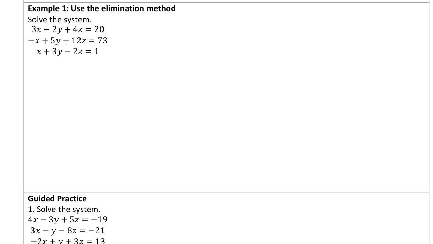So when I look at this system, I'm going to look at which variable is easiest to eliminate. And what I immediately go to is that x is easiest to eliminate. Because if I number these, think of this as equation 1, equation 2, and then equation 3. So I would take equations 2 and 3 and just add them together to eliminate x, because it's negative x